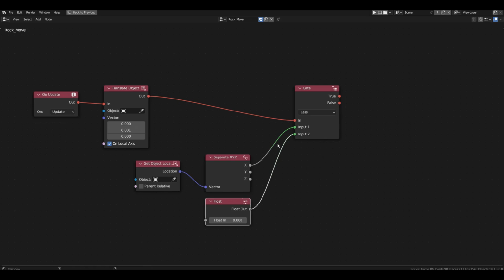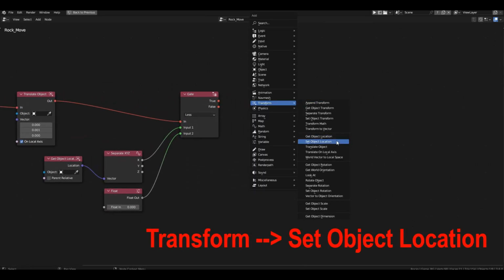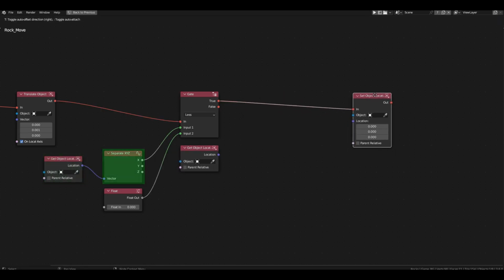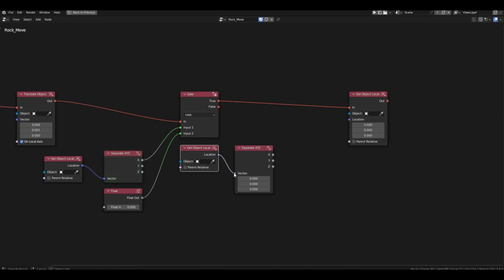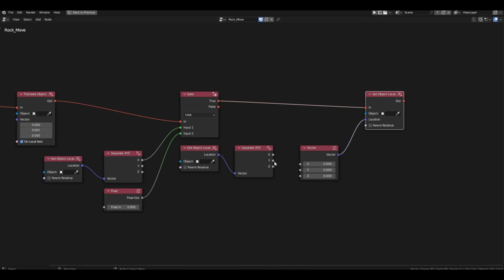Now, when this condition is triggered, we need to move the ship to the opposite screen boundary along the x-axis. Take the setObjectLocation block. Leave the coordinates for the y and z axis unchanged. Get them using the getObjectLocation block. Split the axes into separate channels using the separate block and immediately assemble all axes into an array using the vector block. Connect y and z without changes, but for the x-axis, enter a fixed value, 1.5.